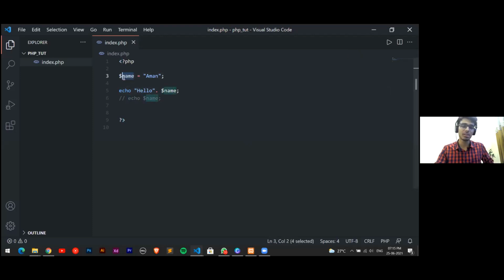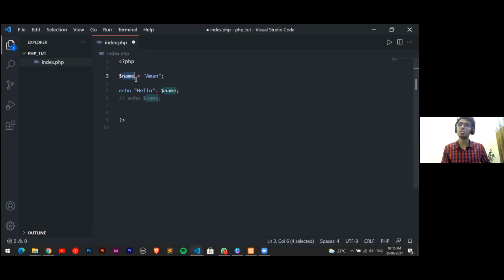Again, there are some conventions for writing variables. The dollar sign indicates that this is a variable. The variable has conventions: we can't start it with a number.